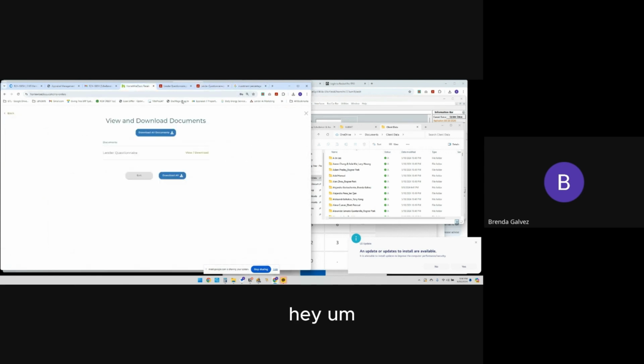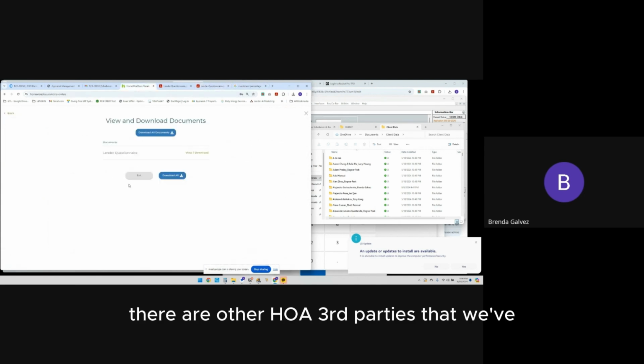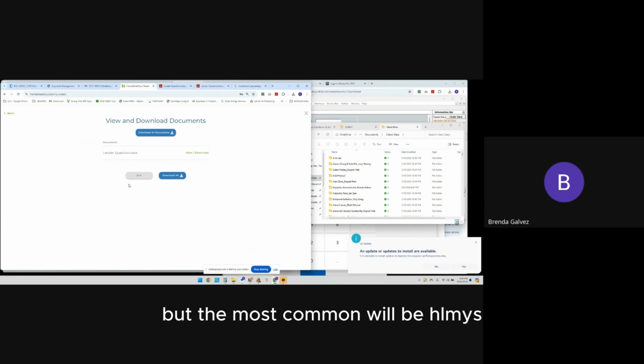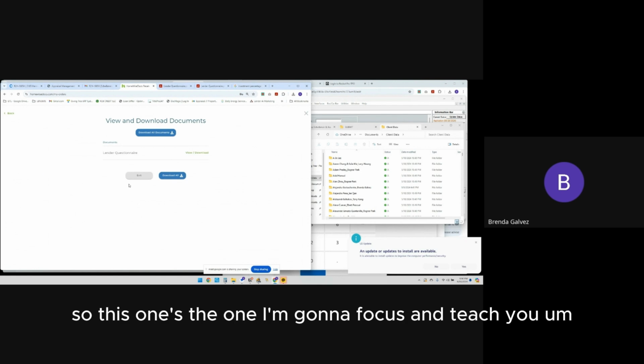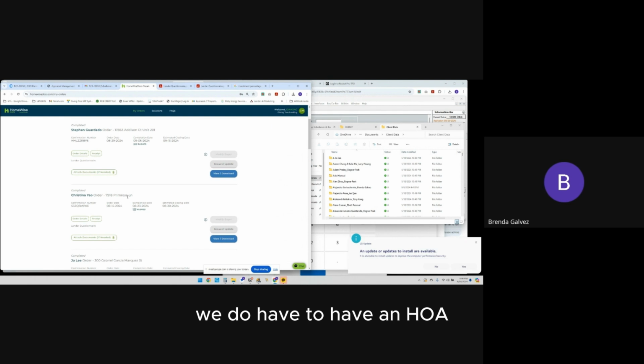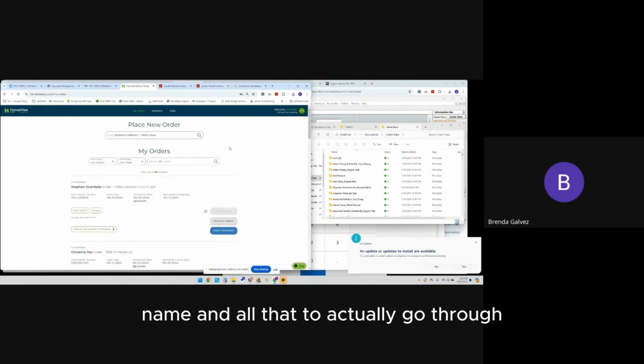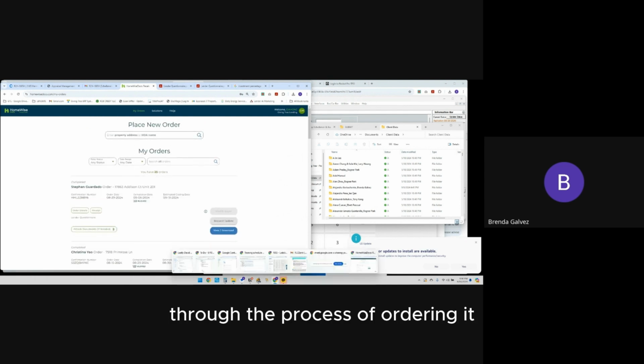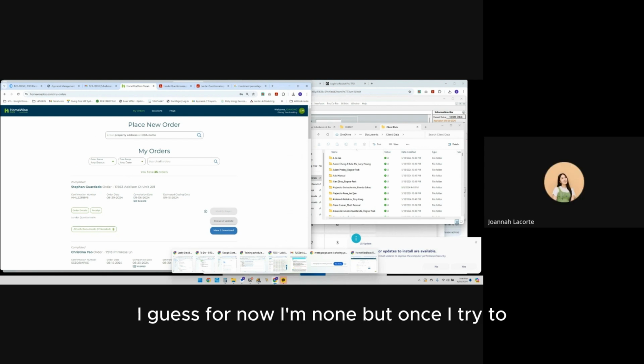There are other HOA third parties that we have ordered documents from, but the most common will be HomeWise. So this one's the one I'm going to focus on and teach you. But again, in order for us to actually place the order, we do have to have an HOA name and all that to go through the process of ordering it. Okay. Any questions? I guess for now, none. But once I try to